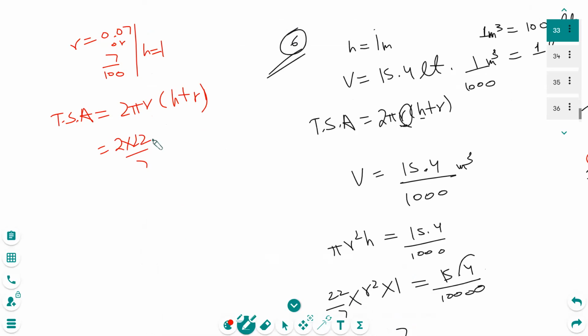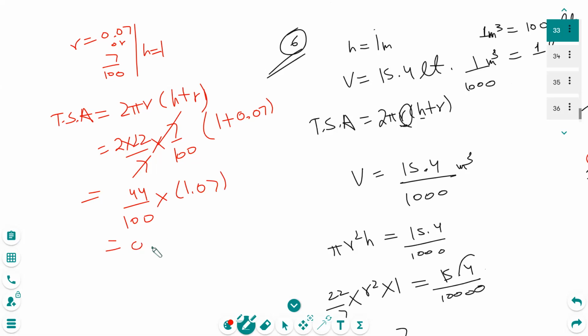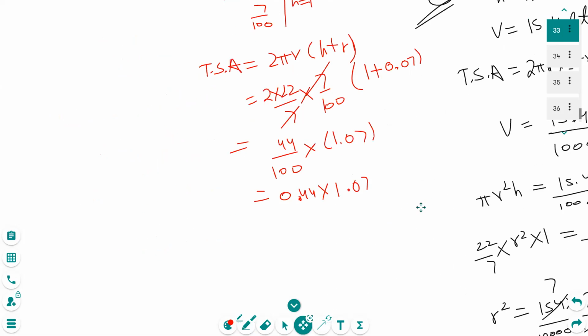0.47, चलो देखो, 2 times 10 cube by 7, r की वैल्यू है 7 over 100. Now I always try to take the easier kind of data. So h is 1, and this time I will take decimals because there is no point of using the 101 here. This will not make anything easy. So 7, that's 44 over 100, and this guy is 1.07, and this guy is 0.44, this guy is 1.07, and I don't know if you people know how to multiply decimals. You should. If you don't,